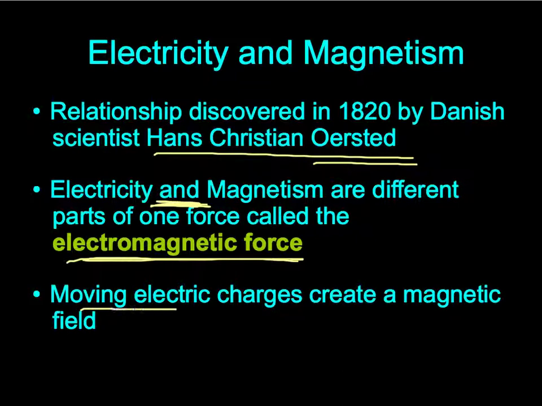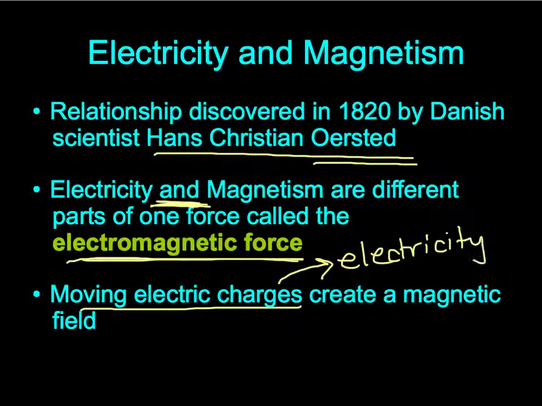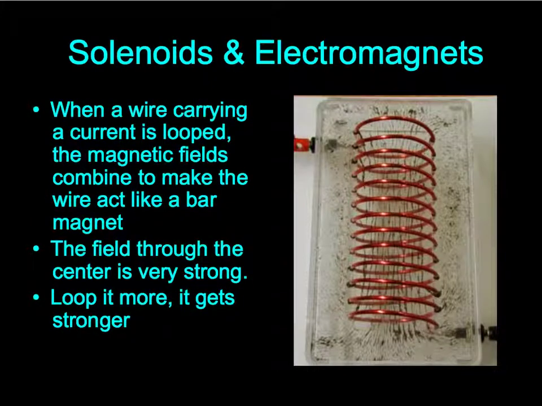Moving an electric charge, which is what electricity is. Remember, electricity is the flow of electrons. So moving electric charge creates a magnetic field. When a wire carrying a current is looped around, the magnetic fields combine to make the wire act like a